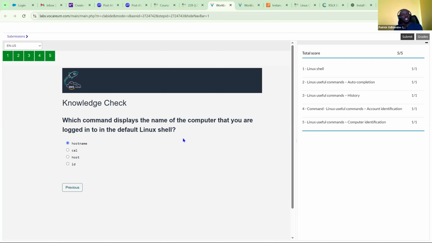We have done the lab, we have done the lesson, and we have done the KC. Thank you so much for your time. I hope you have learned something and enjoyed the lesson. We have started Linux, and from tomorrow we are going deeper and deeper into Linux. So please don't miss tomorrow's class.